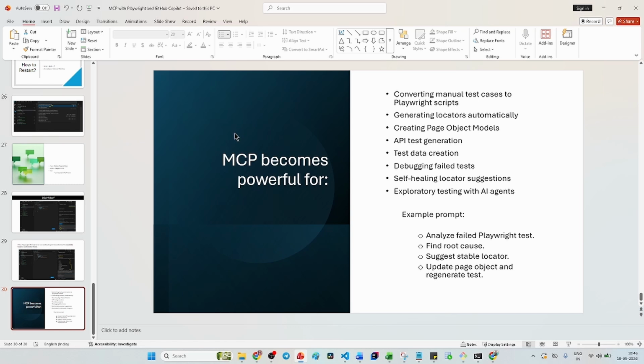So mainly this additional point I have to give you in this video: why MCP becomes powerful. The reason is we can convert the test cases to scripts, and it will generate the locators automatically, and we can ask for suggestions of stable locators. We will ask the assistant, please fix the issue, right? And also debugging the failed test. If you want to create test data, it will create the test data also, and also it will be